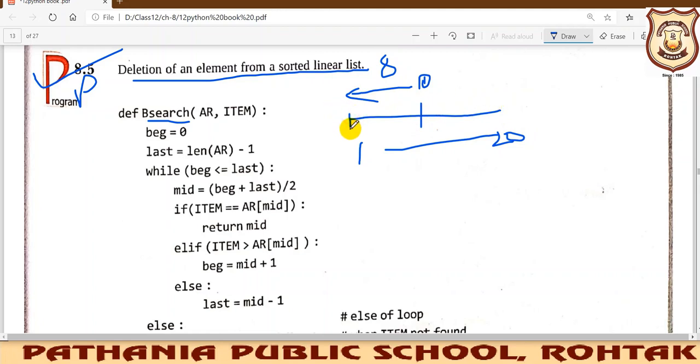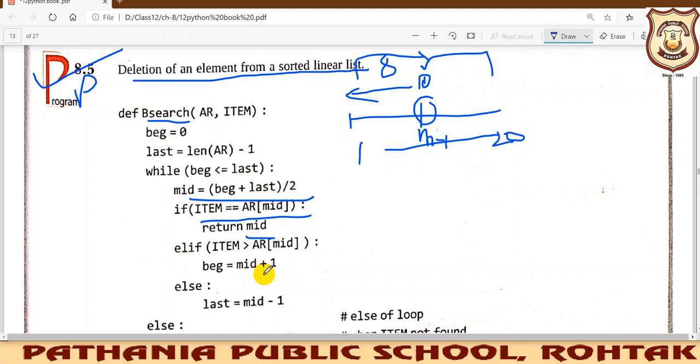You will start searching from the beginning and search up to mid minus 1. This is mid. First you will find the mid, as we have discussed in the previous class also, then you will compare whether the item that you want to delete is at the middle place. If yes, then you have noted the mid position. If the element is not at the middle position, then you will see in which direction you need to search. If the number is greater than 10, then you will search this part, and if the number is less than 10, then you will search in this direction.